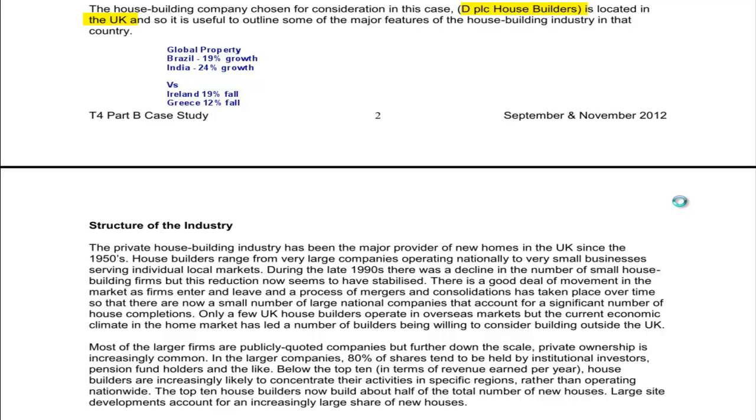Who are the main players in this marketplace, and what are their main positions in terms of turnover and particularly in terms of profitability? Let's have a look at the top three in the UK market, just to start us off on the structure of the industry in the UK. So the biggest in the UK is Taylor Wimpey,